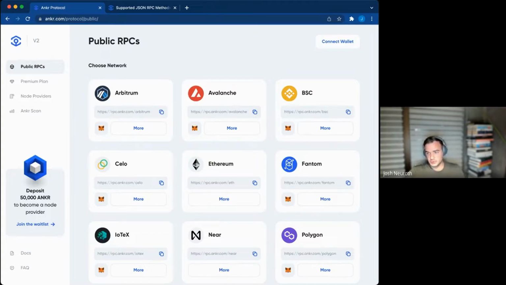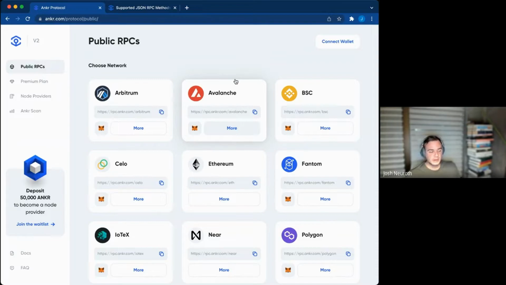Does Ankr support light nodes? Sort of. We're giving you an endpoint to a cluster of nodes, and a light node has many different meanings depending on which chain you're working with. A light node just means that you only have maybe the latest 10,000 blocks stored on the node, versus an archive node would store every block directly on the hard disk of the node, right?